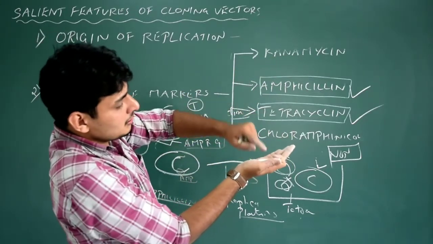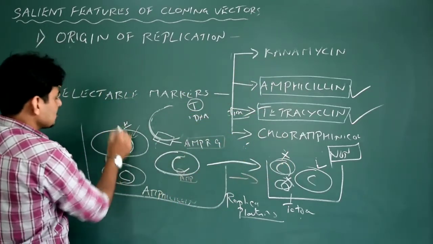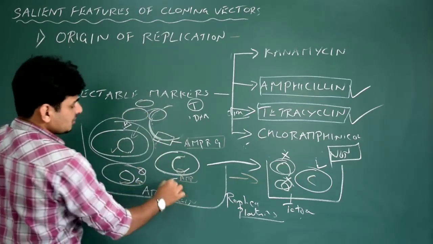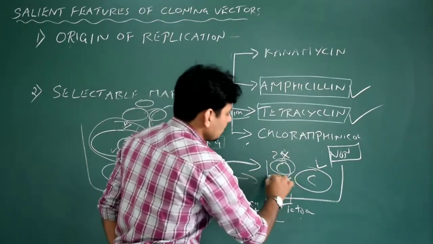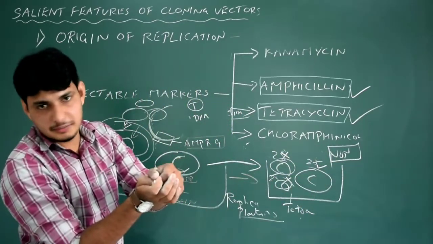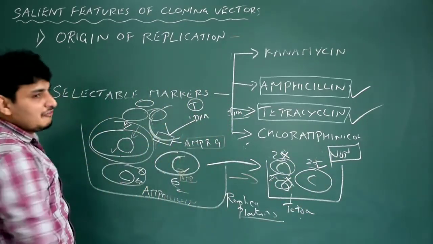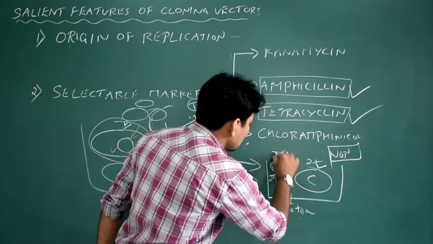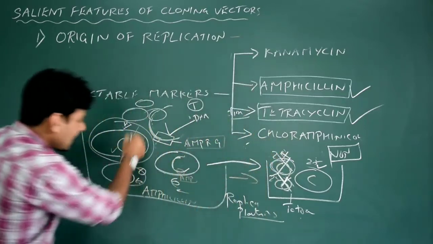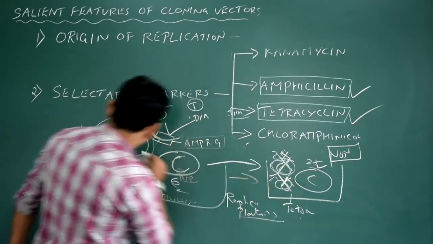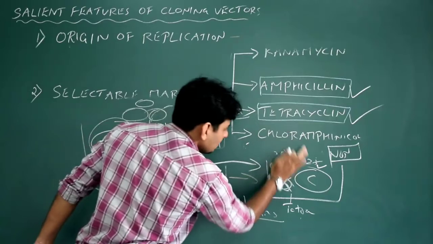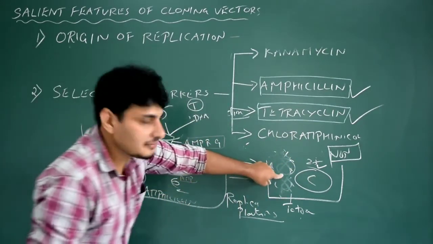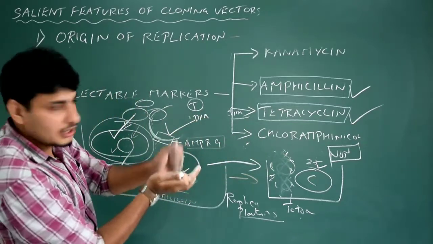That means some bacteria are transferred. For example, let us assume that in this colony there are about 50 host organisms. Twenty-five will go here, and 25 will stay here. That is replica plating. That means the original copy is retained in the ampicillin Petri plate, and the remaining 25 will go to tetracycline. So here the colony starts dying. It's very easy. Where exactly the colonies are dying, here also the colonies will be seen. So I will select this one: this is recombinant because it is still living there, and it is dead here. Replica plating, just check it on YouTube to see how it is exactly done.